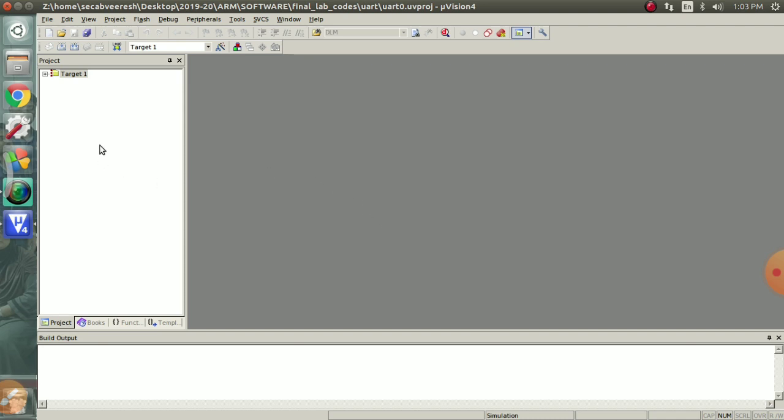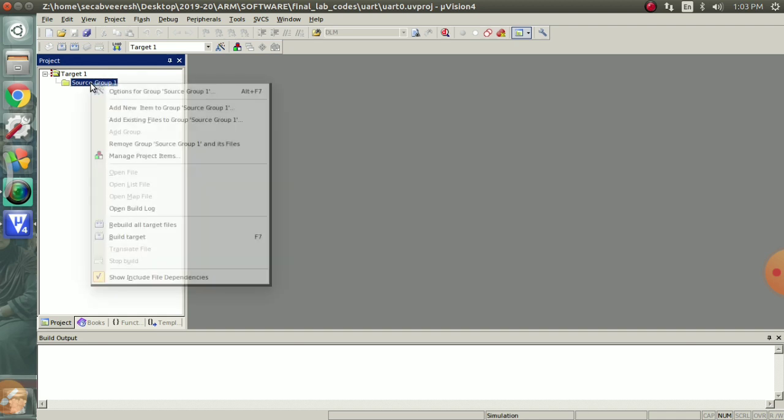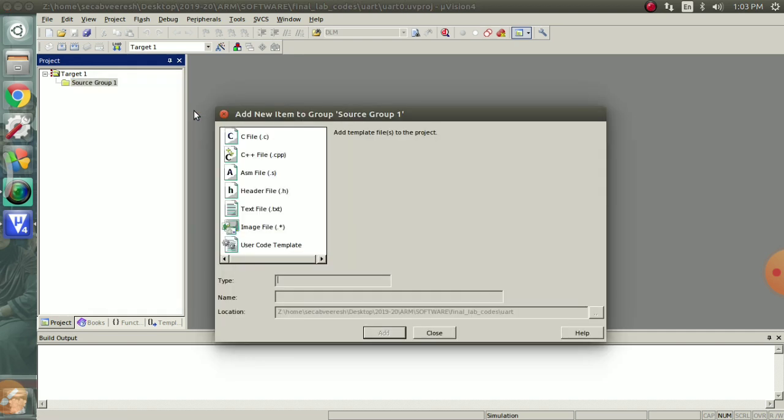Then here in the project window, the source group 1 folder is there under the target 1. To create a file under this source group 1, just right click on it, then go to add new item to the source group. We are going to write a C program here.